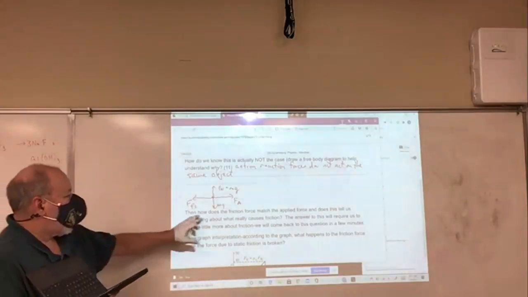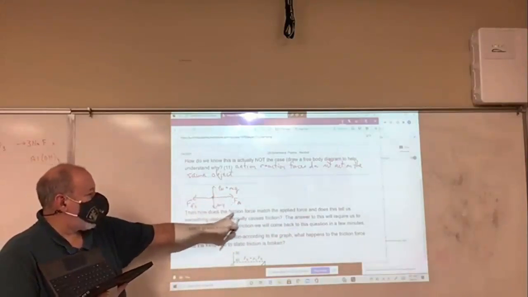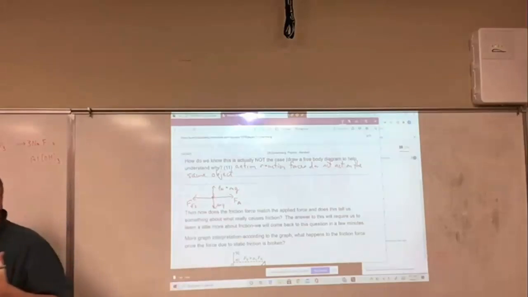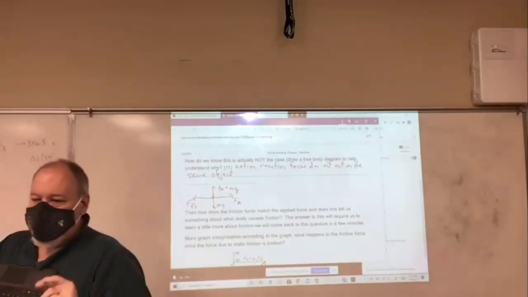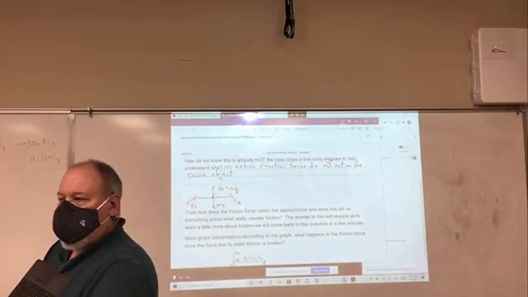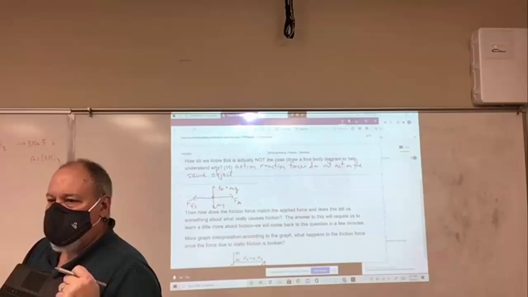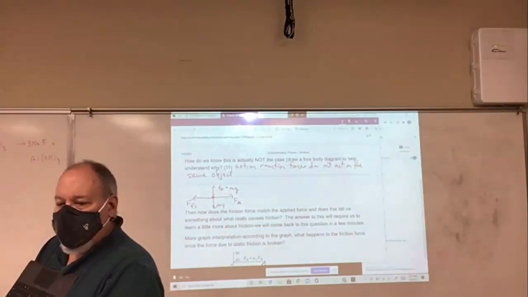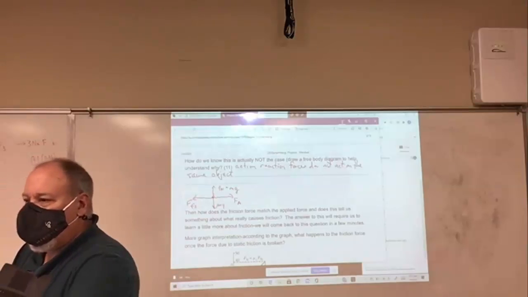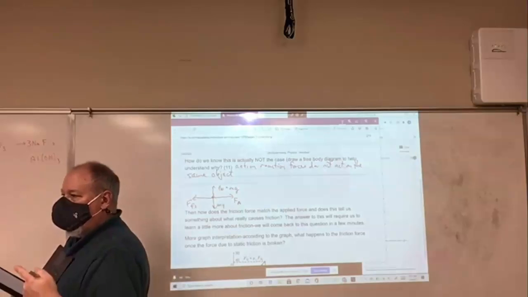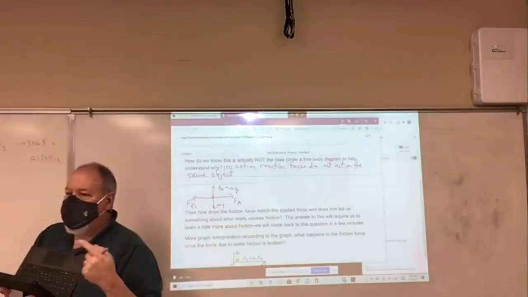Okay, so the question would be then, if this is not a reaction force, how does the friction force actually match the applied force? It should be astonishing to you that the table can sense how strong I'm pushing on it and push back on me with exactly the same force. It's not accelerating. So however I change that force, if I increase it or decrease it, or go back and forth, the table matches that friction force to the exact same degree.